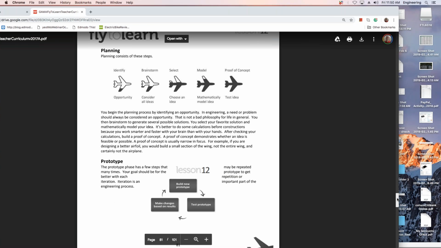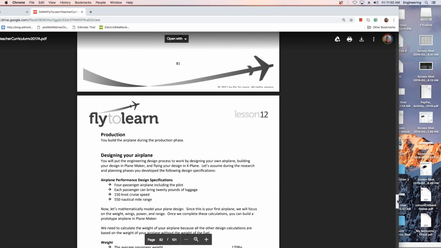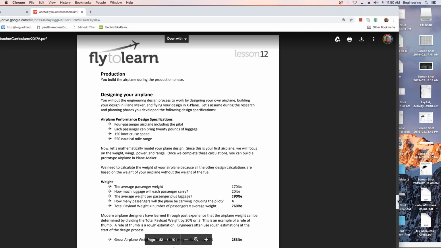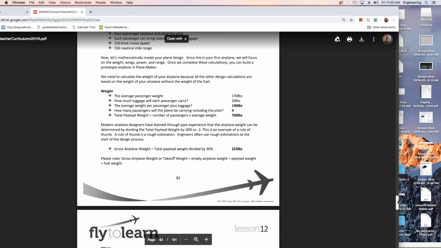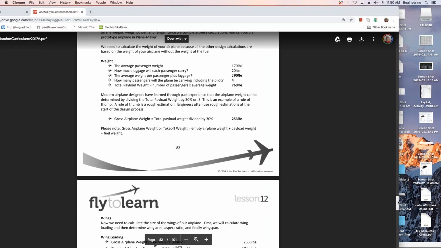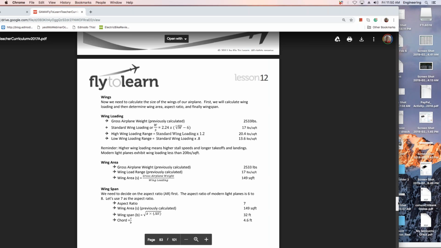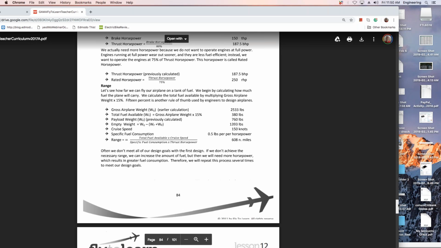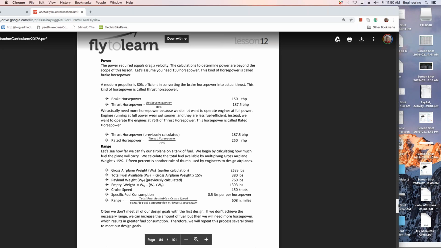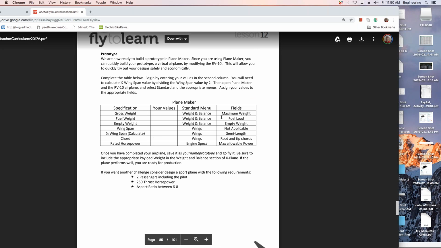You talk about engineering method, prototyping, designing your airplanes. It's always a series of trade-offs. Average player weight. Now, the black is the answers that I've already provided for you. Kids don't have it. You figure out what the gross weight is. You make decisions about wing loading, wing area, and you do those calculations. And once you get done with all your different calculations, and the trade-offs as a pilot, plane maker, you fill out